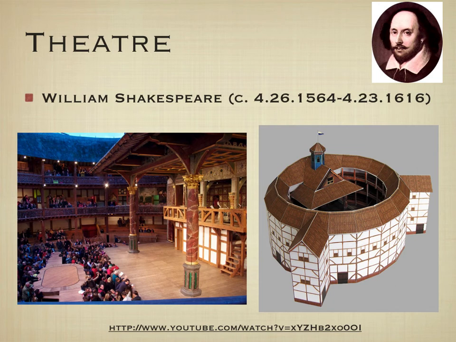The comedies, which include things such as Much Ado About Nothing and A Midsummer Night's Dream, often have to do with mistaken identity. We have the tragedies, which look back to the great Greek tragedies, with some sort of tragic hero with a tragic flaw that leads to their downfall. This includes Othello, Romeo and Juliet, Macbeth, and the greatest was probably Hamlet. And then we also have the histories. These were dramas about events that actually occurred between 1200 and 1550. But he takes these historical events and puts a fictitious story behind them.